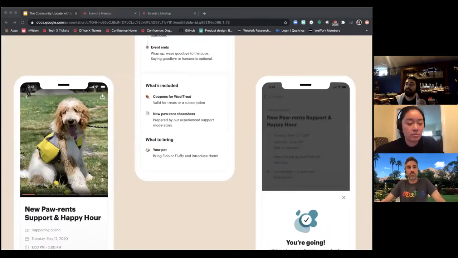So I want to talk about some research that my team has done, as well as what other Meetup teams have done over the past couple of years, about what information is most useful for members when they're deciding whether to attend an event. And we've used that research to build a new way to share event information and schedule those events on Meetup. So earlier this year, my team picked a small number of groups to pilot a new event page for us, and that's what you see on the screen right now.